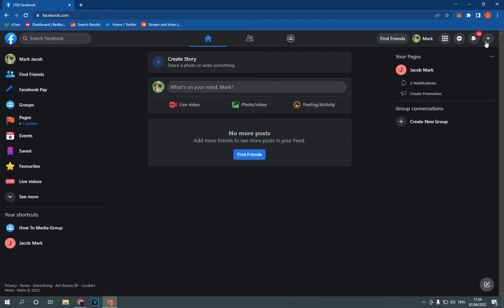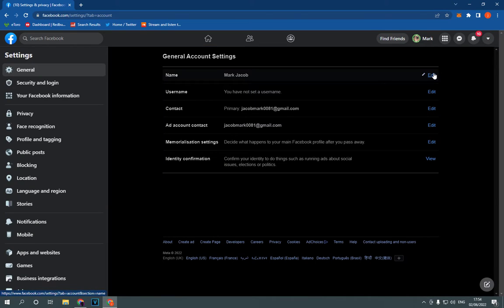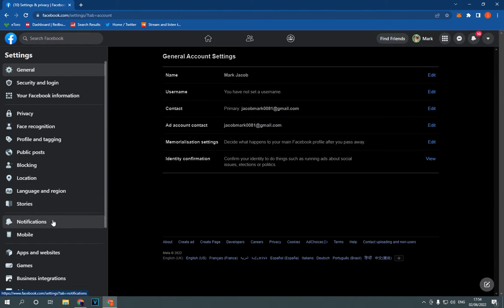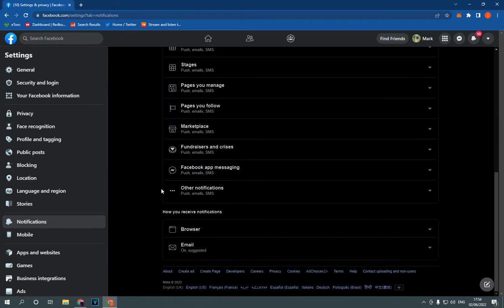Go to the top corner here, click on settings and privacy, click here on settings. Now go to here on notifications, click on notifications. After you click on notifications, now all what you have to do is go right here and scroll down until